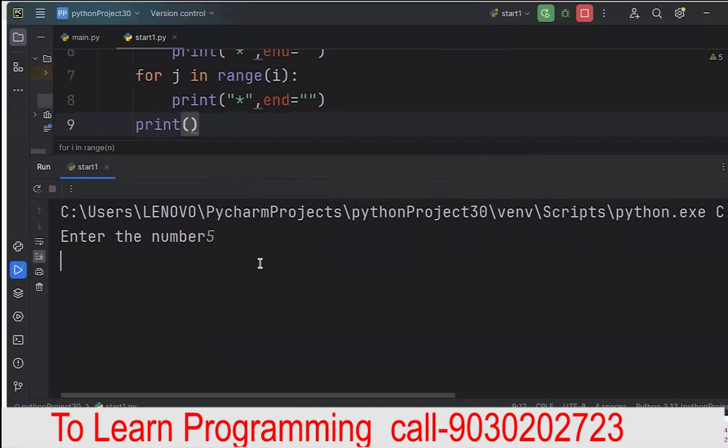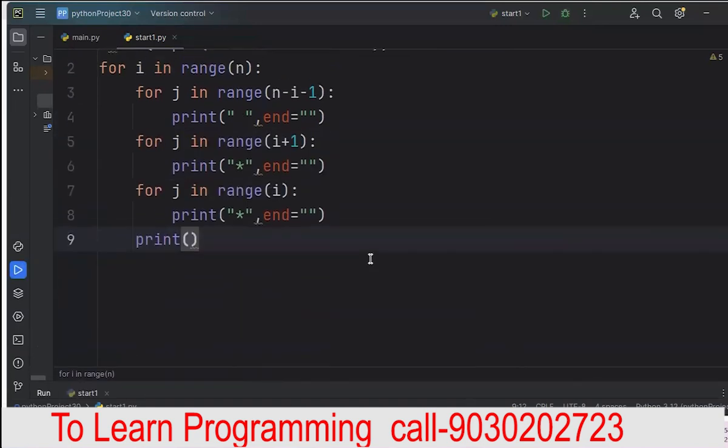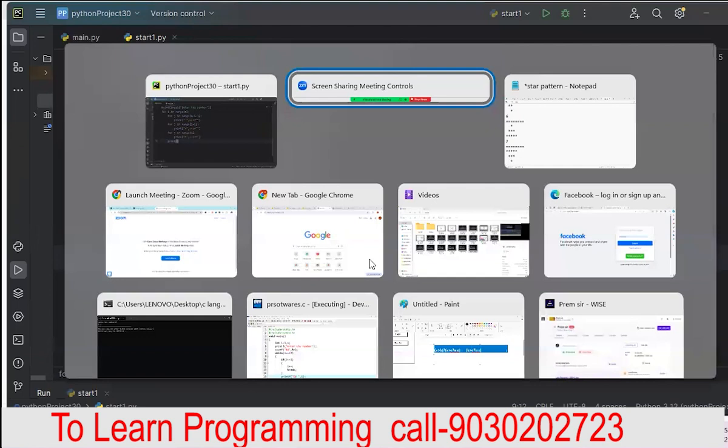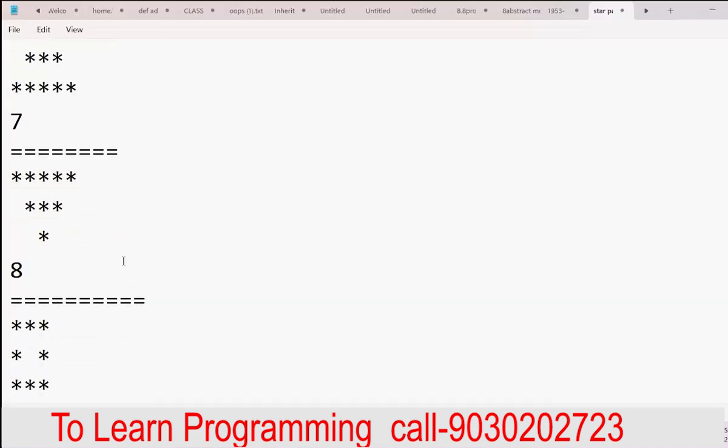Give the value 5. Check. Exactly the same output. Okay, so this is about what? Half diamond pattern. Clear with this one? Now the bottom part. In the bottom part, again the logic is